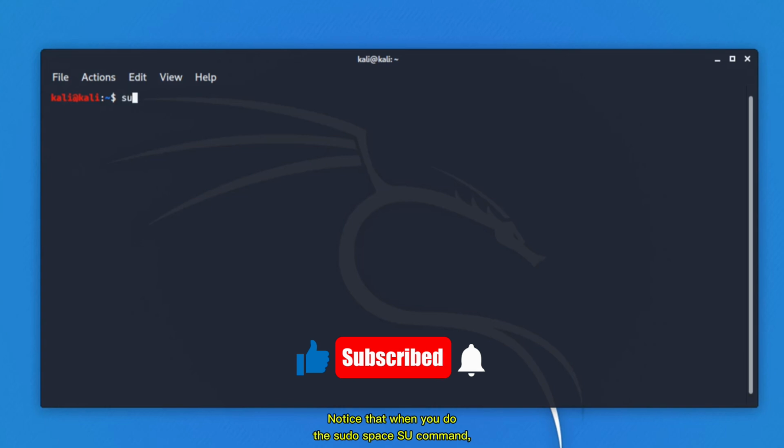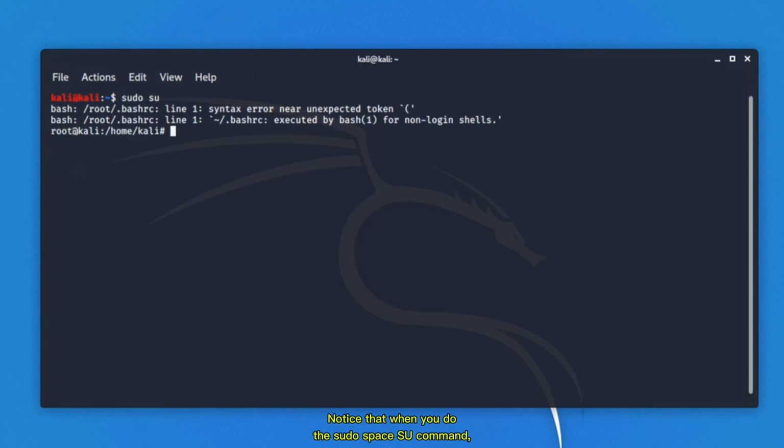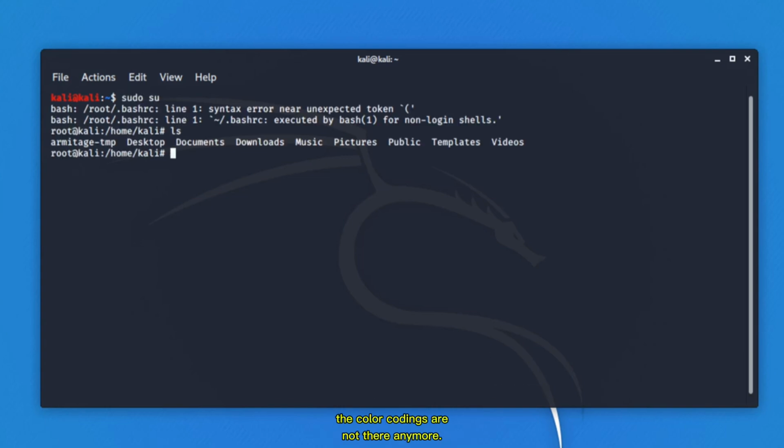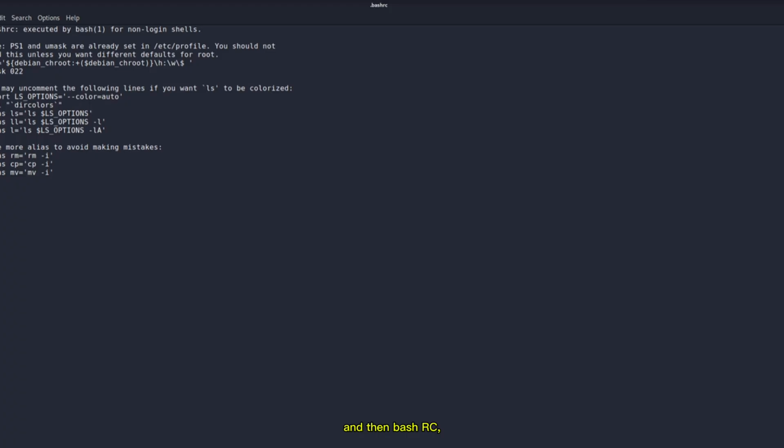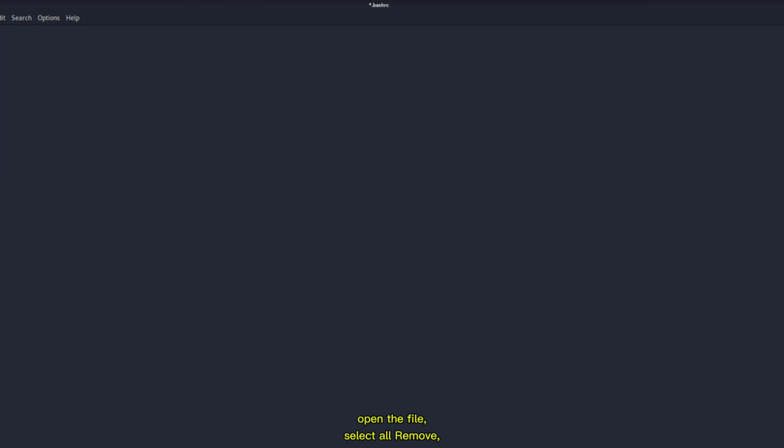Notice that when you do the sudo su command, the color codings are not there anymore. To resolve this issue, we need to edit the bashrc file. So issue the command leafpad and then bashrc, open the file, select all, remove, and then paste the content of